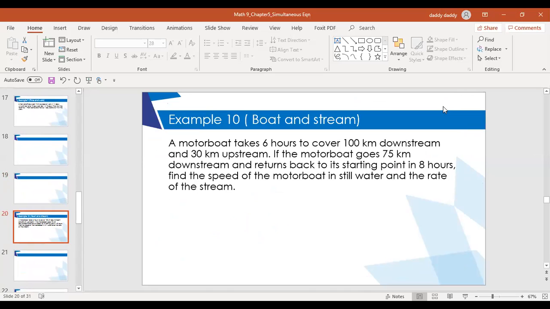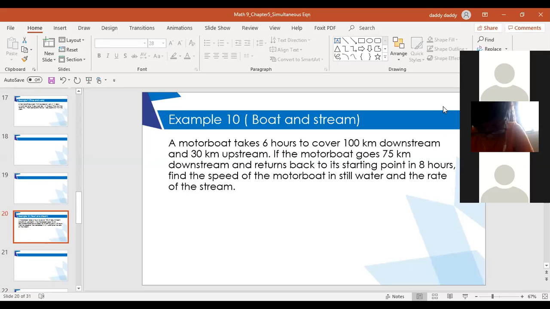Ma'am, but we had to find 1 upon x plus 1 upon y. Yes, ma'am. We have to find out how much they do in 1 day. Sorry. How much one man and one boy do, ma'am? How much time one boy will take. Yes, ma'am, we assumed x and y, not 1 upon x and 1 upon y. 1 upon x and 1 upon y was u and v.